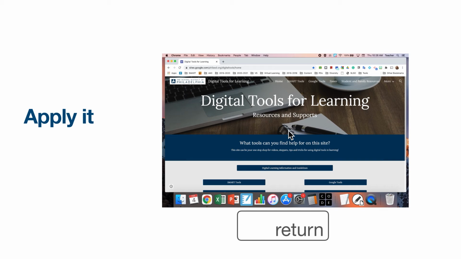We have 2 more keys left to explore. Your return or enter key is what you will need to use to submit any text or move to the next line when typing. Let's test this one out by simply opening a new tab